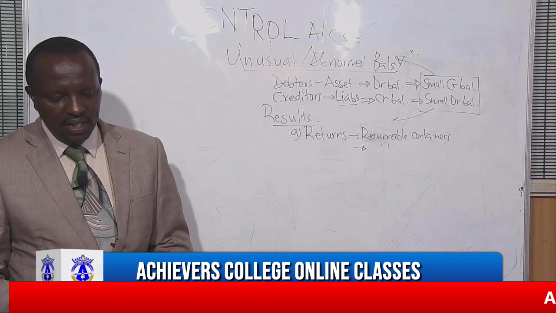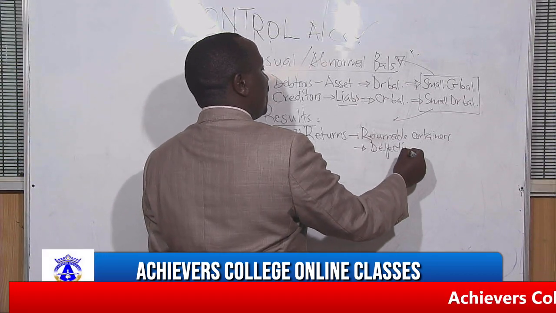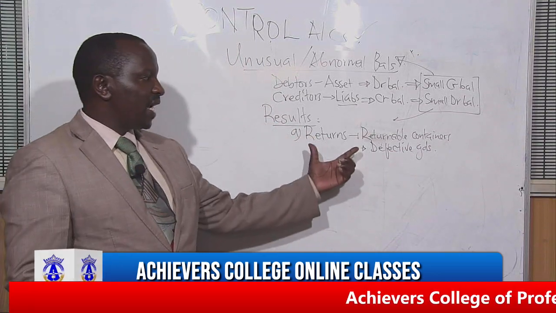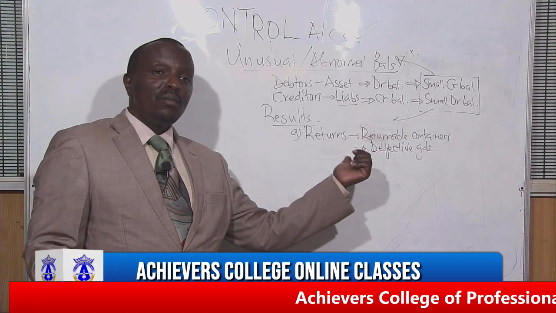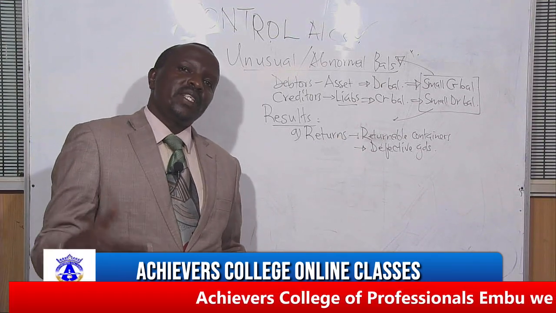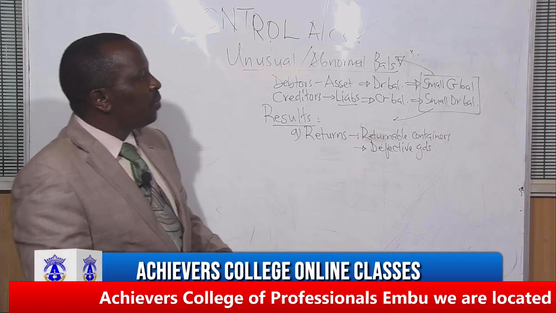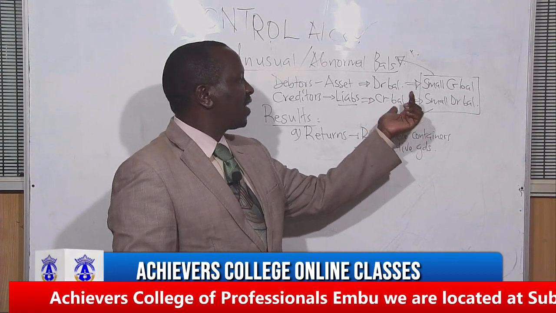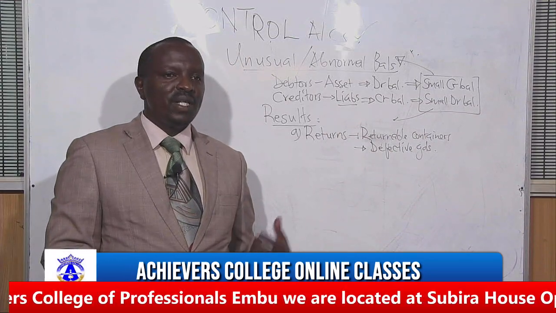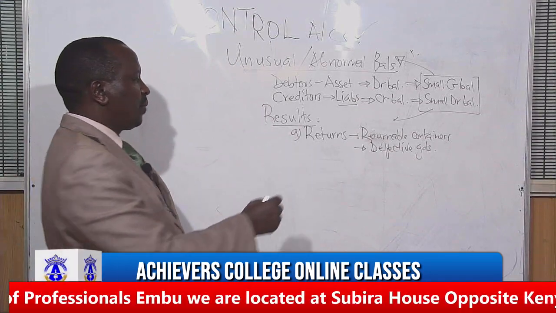In case of things like defective goods, we can have returns, defective goods, and such like things. We can have such kind of returns. And when somebody returns, and it takes some process for you to be in a position to return the money, it simply means the creditor will be owing you. That means they will be having a debit balance, and when they have a debit balance, then it becomes an